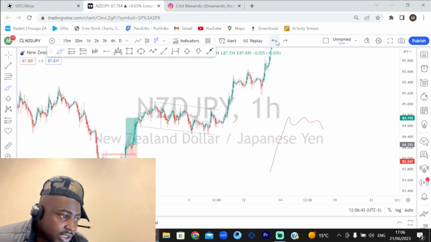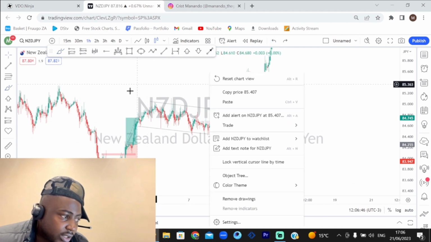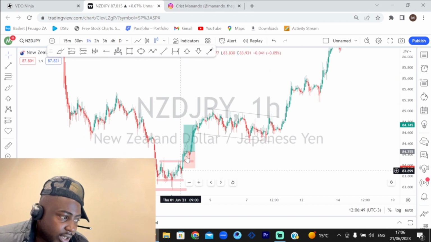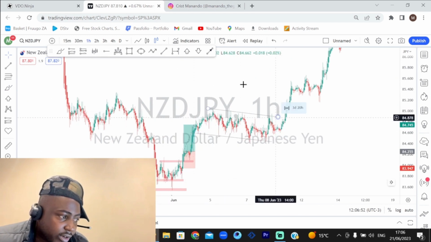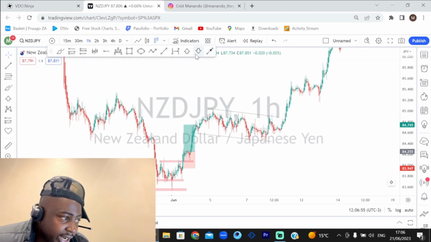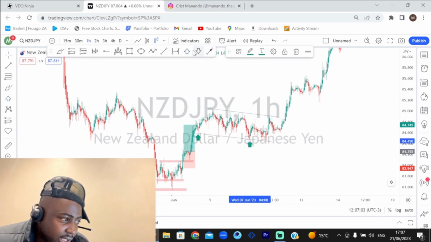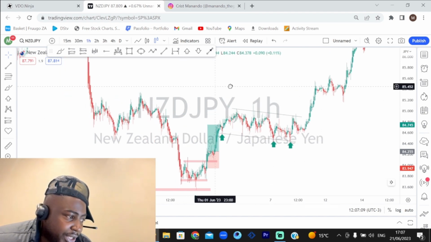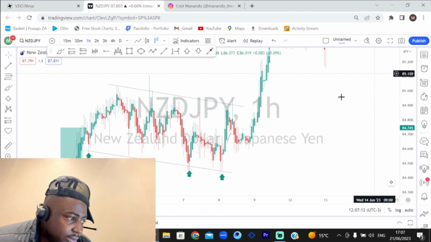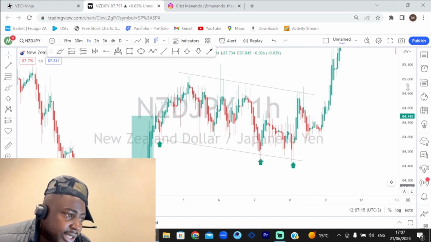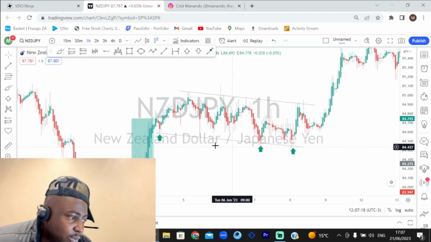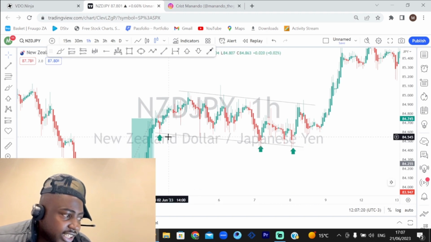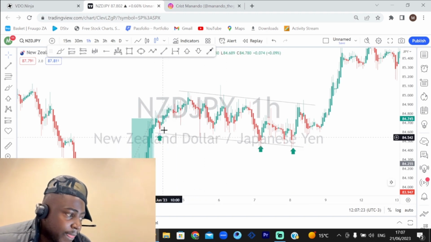So in this situation, you can see that it's an impulse to the upside followed by this correction. So in my experience, I'm gonna count this as the first touch, this is the second touch, and this is the third one. The reason being, okay, let me just zoom in. We're still in the hourly time frame, as you guys can see. The reason why I consider these certain touches as my actual touches to the trend line is